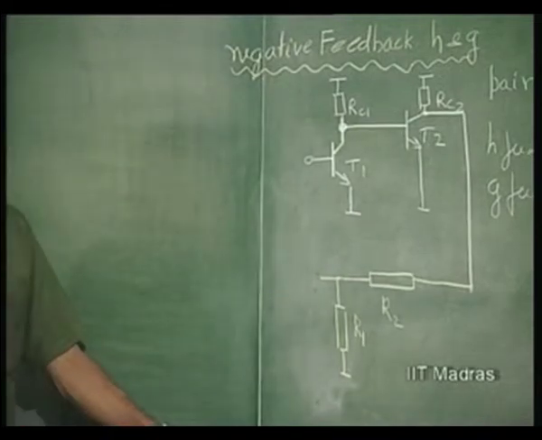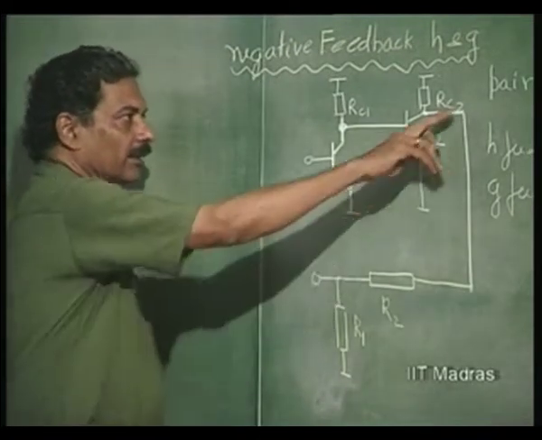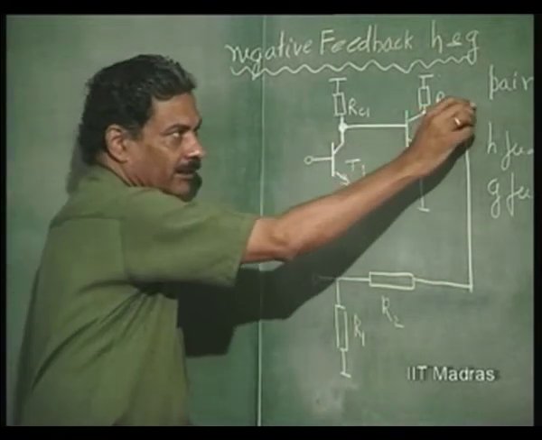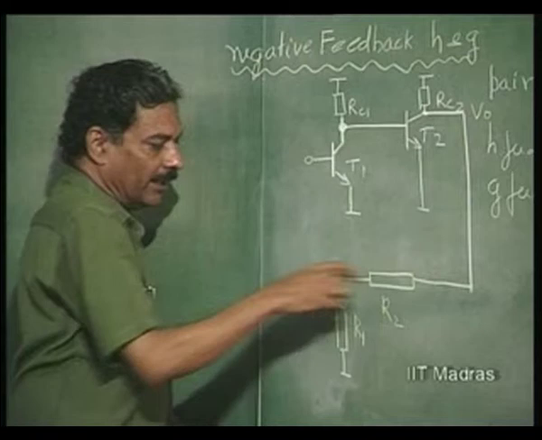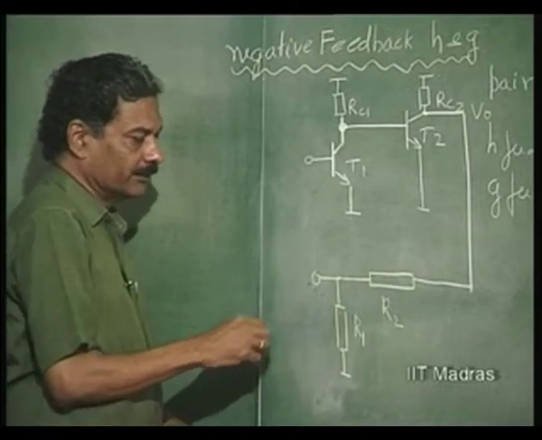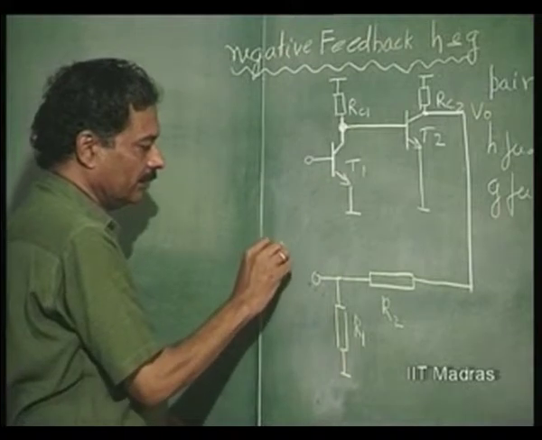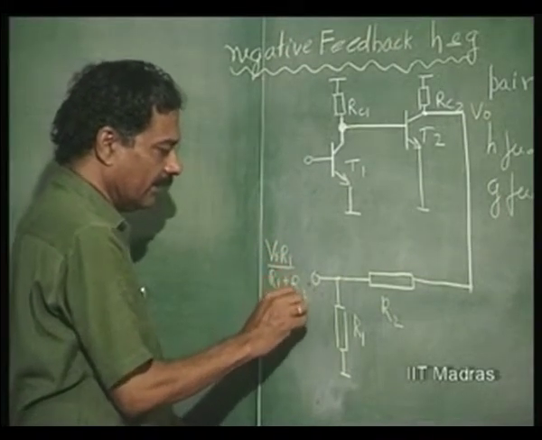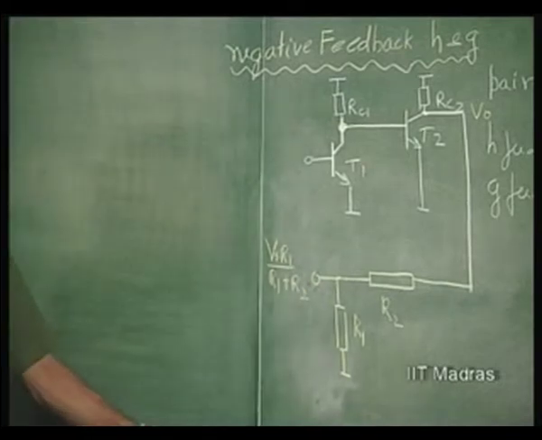The output voltage is sampled here, V0, and V0 into R1 by R1 plus R2 is the amount of feedback voltage